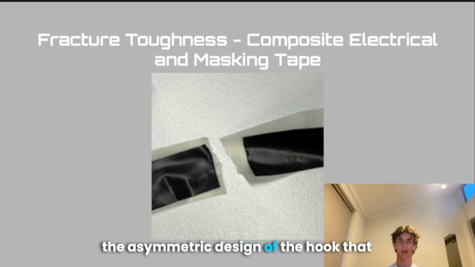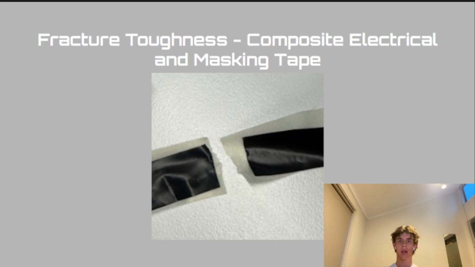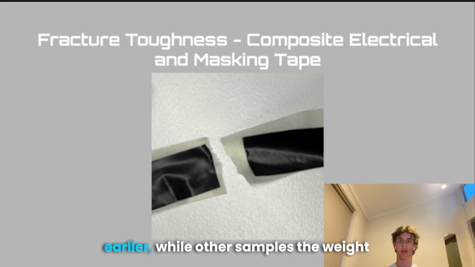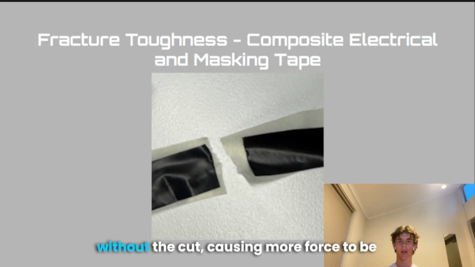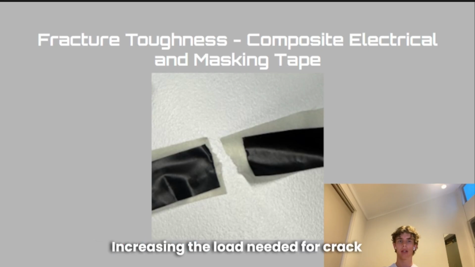This was due to the asymmetric design of the hook that was used to attach the weights to the tape samples, where the weight wouldn't be placed in the centre of the tape, causing load to be concentrated closer to the cut, inducing crack propagation earlier, while in other samples the weight was placed more to the side of the tape without the cut, causing more force to be applied through that side of the tape and increasing the load needed